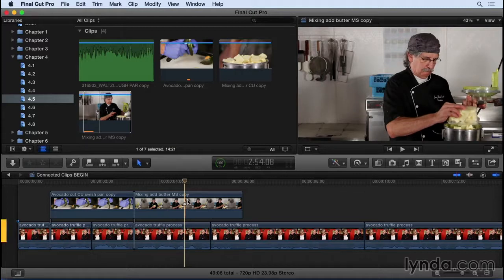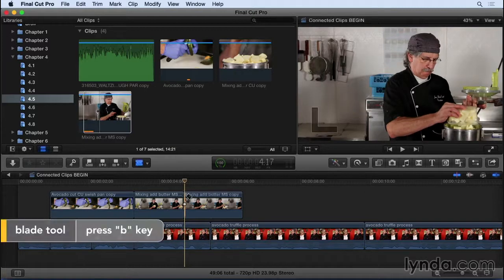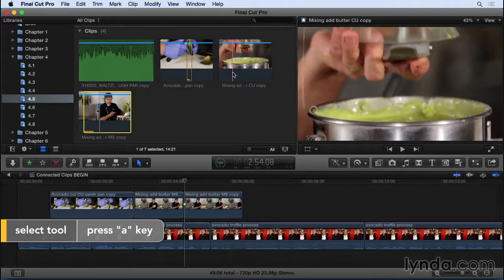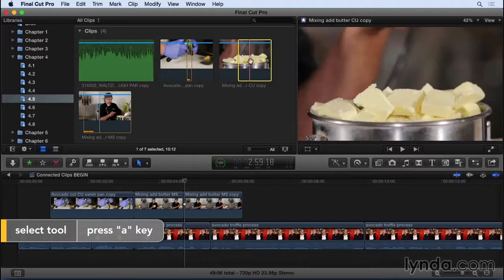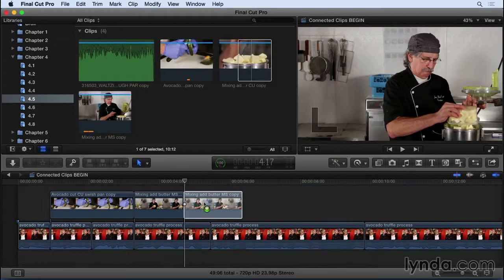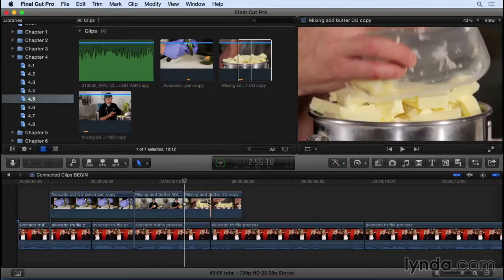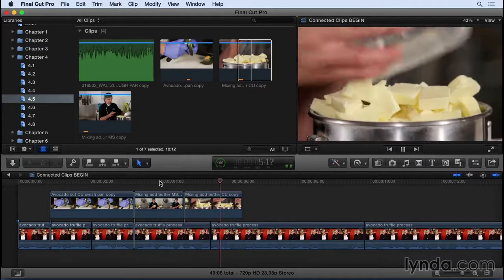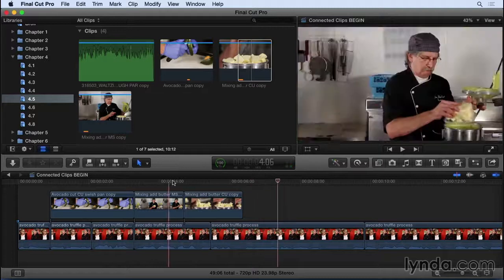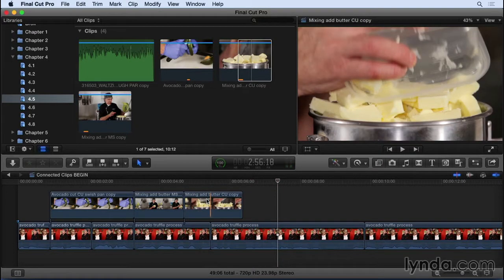I'm going to grab my blade tool, B, and cut this up, and then I'm going to go back to my select tool, A. And let's grab my butter. I'll mark an in. And now I'm just going to drag and drop, and I want to do a replace from start. All right, and I've replaced my shot. So if you do need to perform replace edits on your connected clips,